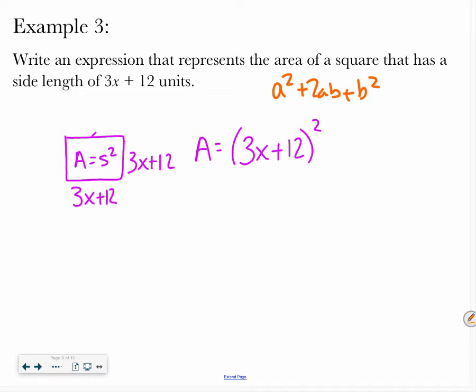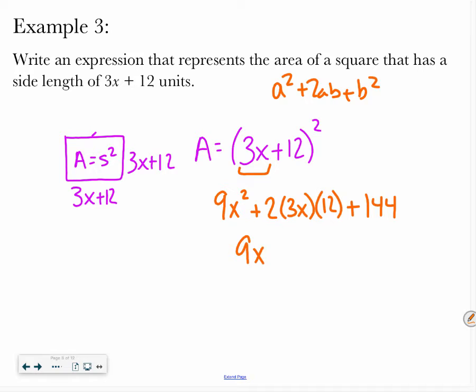So my a squared gives me 9x squared plus 2 times a times b plus b squared, so 12 squared is 144. So I have 9x squared plus, that would be 72x